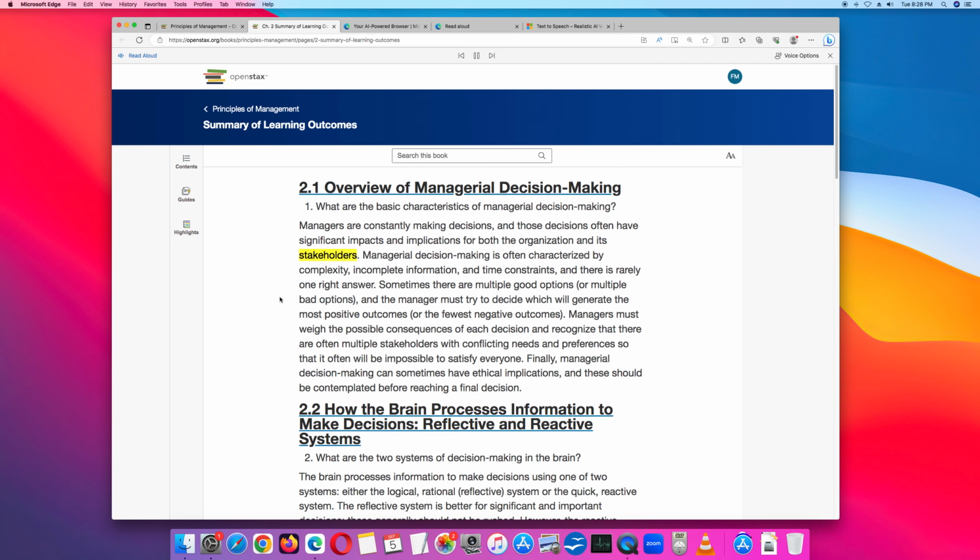Highlighter. Stakeholders. Managerial decision making is often characterized by complexity, incomplete information, and time constraints, and there is rarely one right answer. Sometimes there are multiple good options or multiple bad options, and the manager must try to decide which